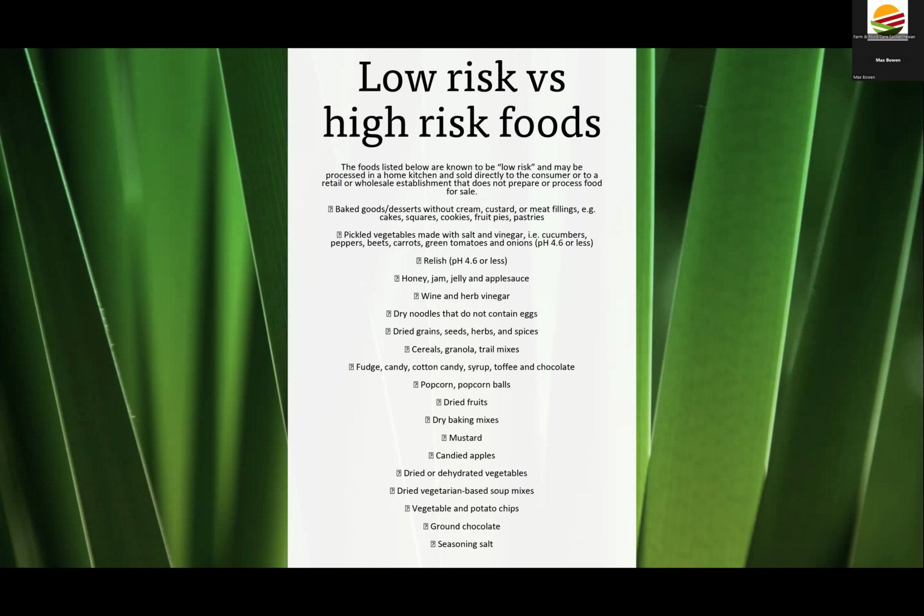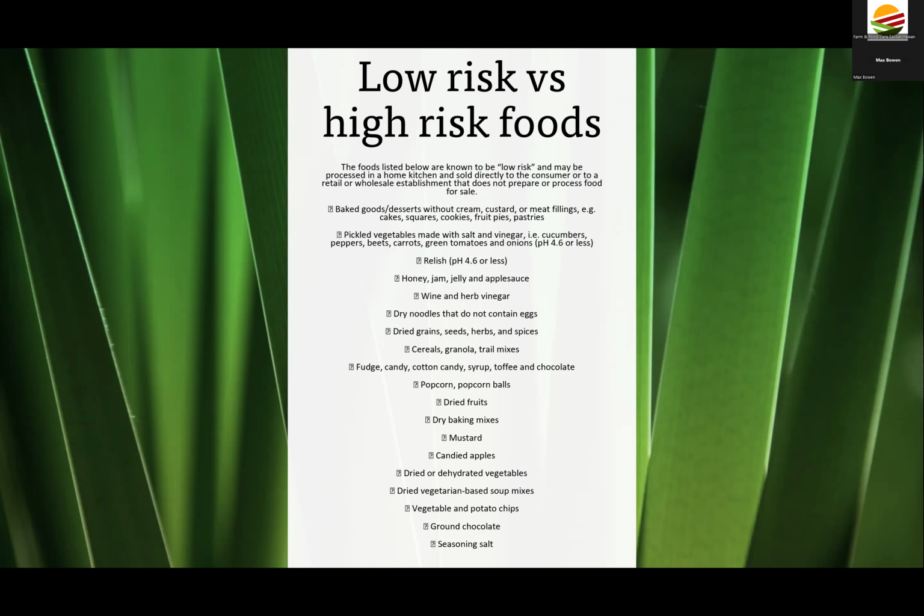Herb vinegar, wine and herb vinegar, dry noodles that don't contain eggs, dried grains, seeds, herbs, and spices, cereals, granola, trail mixes. Most of the candy that you would make from your home would be considered low risk.